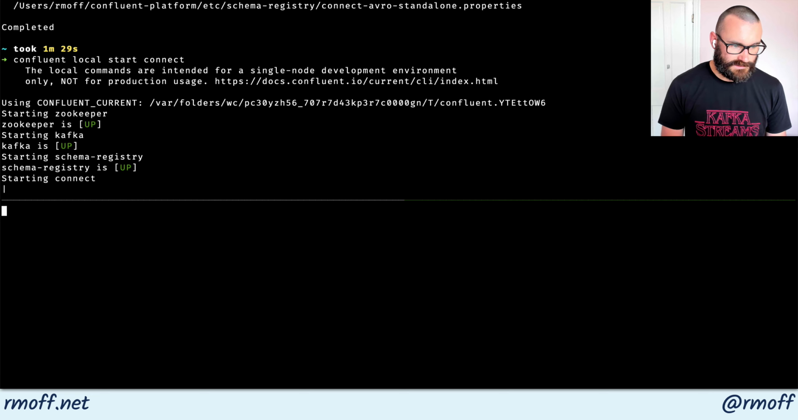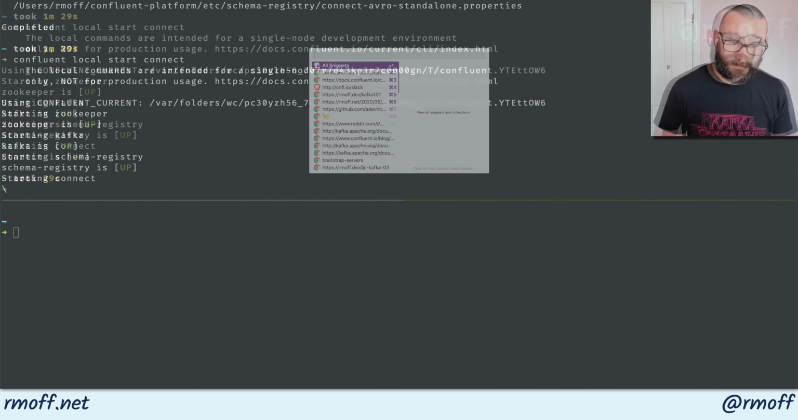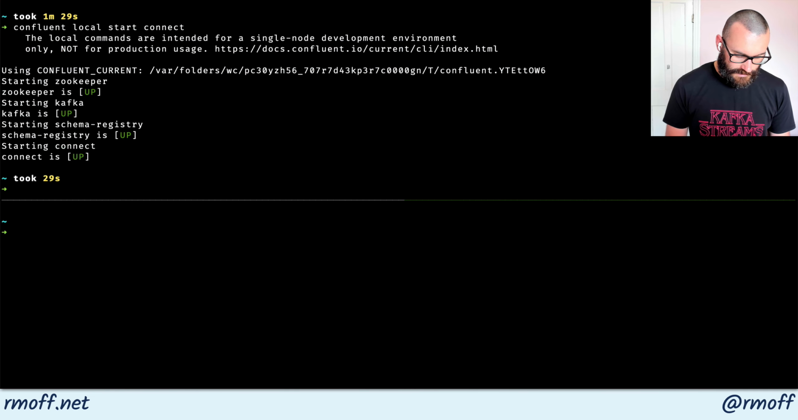Whilst that's running, let's go and have a little look in a separate window here. I'm quite impatient when these things are going on, so I like to use something like tmux so that you can do things in parallel. Okay, so Kafka Connect is up, and now we're going to run a little